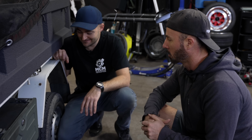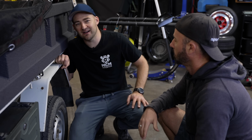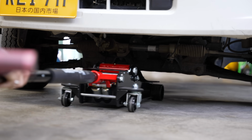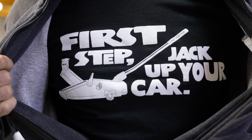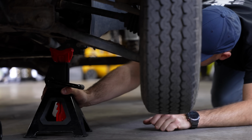So let's put the wheels on. See where it sits. Make the car fit the wheels. That's been said a few times over the years. The first step is always to jack up your car, and if you think you might need reminding, buy this shirt from our shop. The factory wheels are 12-inch, which is pretty uncommon in Australia these days, but they are